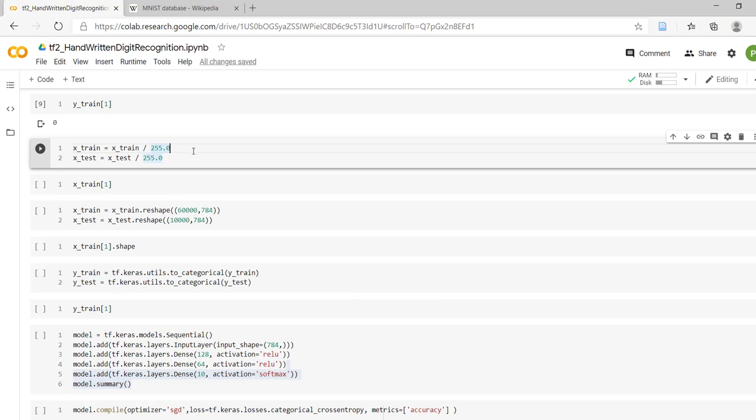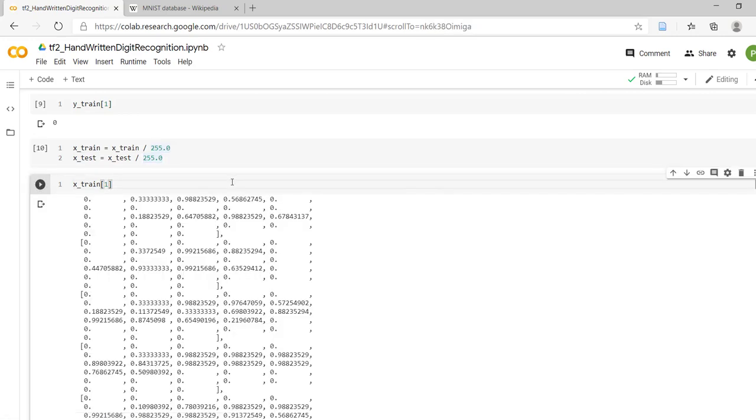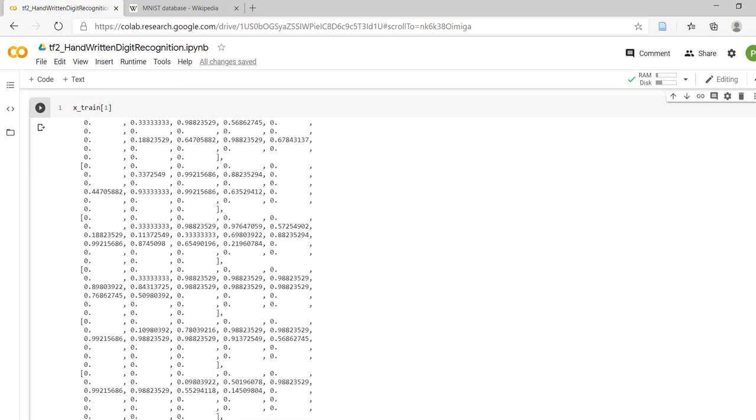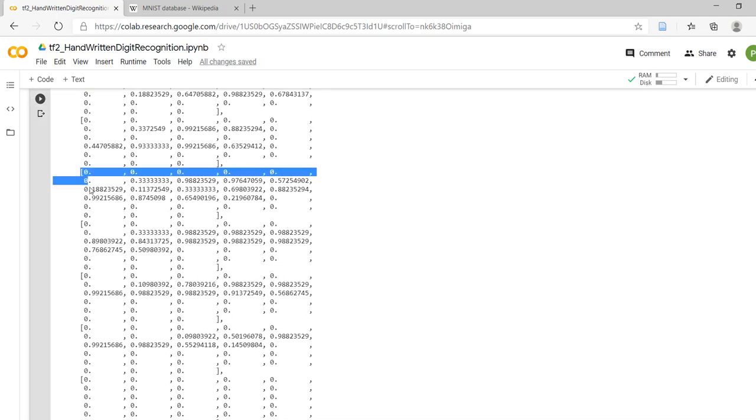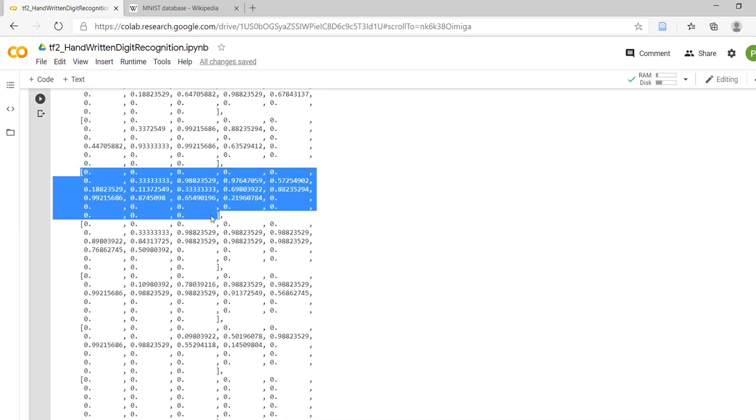So just divide each number by 255, which will help us to bind the pixel values from 0 to 1. So we have successfully divided all the images. Remember this, there is no necessity to use a for loop over here. It is using the vectorization concept where it is just dividing each and every image from this array by 255. Now xtrain 1 gets modified in something like this, where values will be ranging from 0 to 1 as per